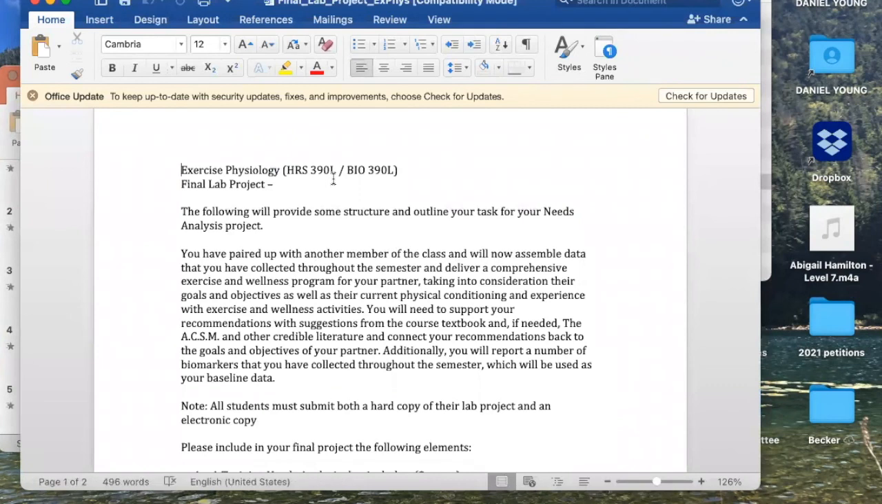you paired up with a member of class, and now you're going to assemble data that you collected throughout the semester and deliver a comprehensive exercise and wellness program for your partner. So during the semester, you're taking your heart rate, blood pressure, your body composition, and you're pretty much doing an assessment, a physical wellness assessment. And given that information, what I want you to do is put together a needs analysis for your partner in class. And I would want you to establish maybe real or pretend goals and objectives, and try to support your